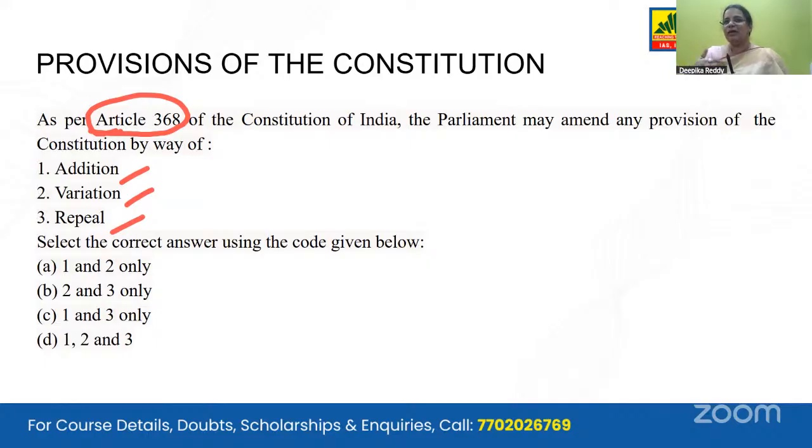However, there will be around 100 to 150 articles which you should know in and out. Like 368, if you notice, this is the second question I'm showing you. 368 will be asked. It is forever important. So like that, we have a few articles that students have to know. Actually, we are going to launch a series of articles. I have identified the 100 most important articles, and we are doing shorts on them because that will help students quickly revise and understand what the most important articles are.